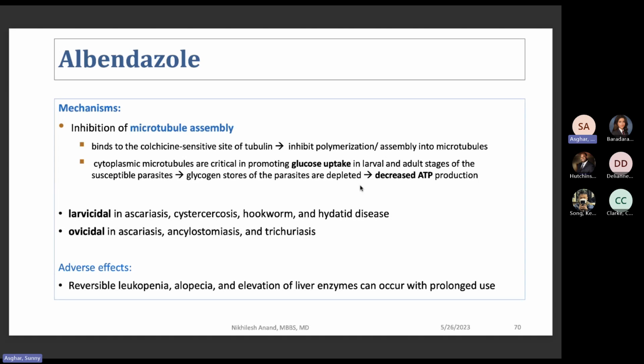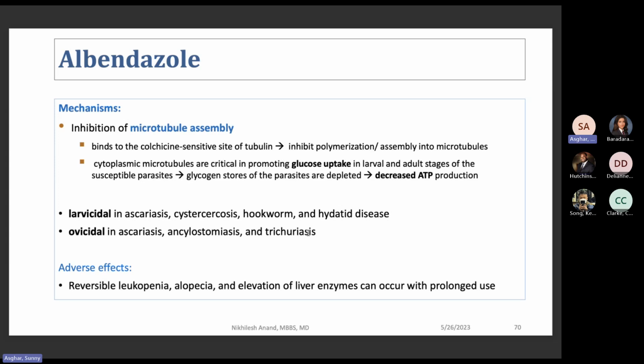So they could question you on that, specifically about a drug, and not tell you the drug, but just tell you the mechanism of action. So also just be wary of that. Larvicidal and ovicidal just means killing the larva, and this is just killing the ovum right here. That's what it's saying. It's killing the eggs versus the larva,